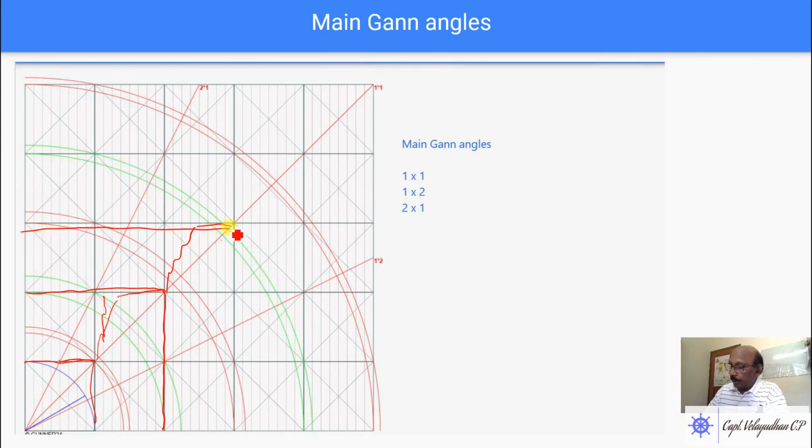So every time when you draw a time and price square chart, you can see the market is moving almost on the time. Most of the time, it's not necessary, but most of the time, price may correct on this line, this timeline, correct or go sideways, or there can be some sort of trend change. Okay.